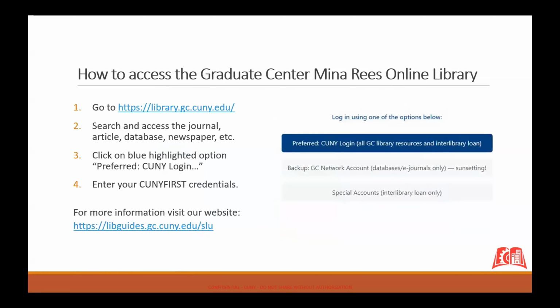Now, we are also partnered with the Graduate Center. To visit the Graduate Center online library, you can Google CUNY Graduate Center online library and click on the library link, or type in that link there. As soon as you try to access a resource, whether it's a journal, article, database, newspaper, etc., you will be prompted to log in using your CUNY First credentials. So if you click on this blue link here,